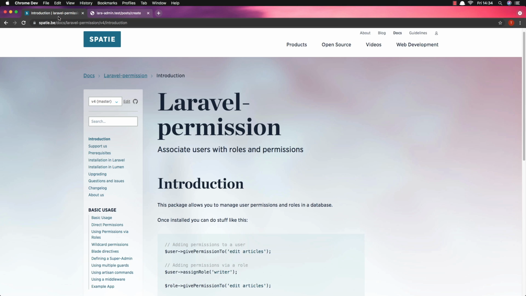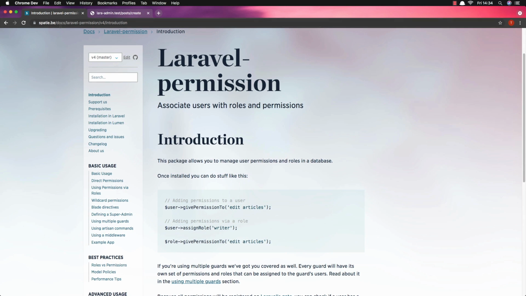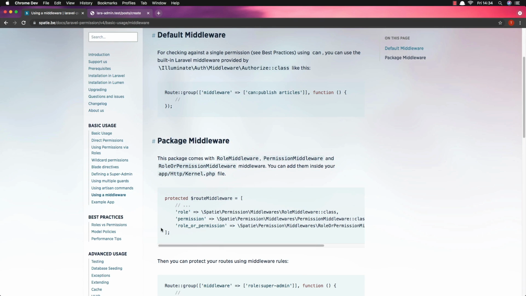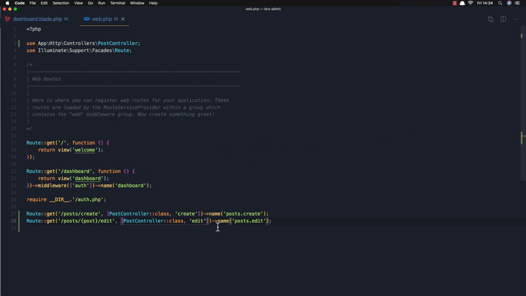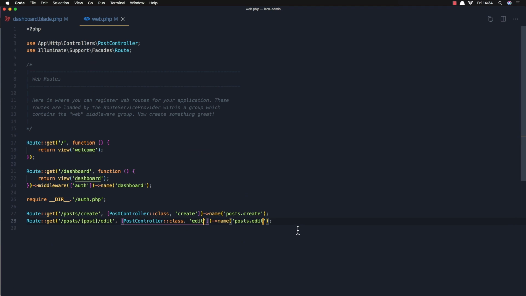let me explain to you. We need to add in the Laravel permission package in the Spatie documentation. You have in the basic usage, you have this using a middleware, and we need to add this in the route middleware in kernel PHP. I have done this. So if I open the kernel PHP and add role, permission and role or permission here. Okay, after that, if I want to add a middleware now,